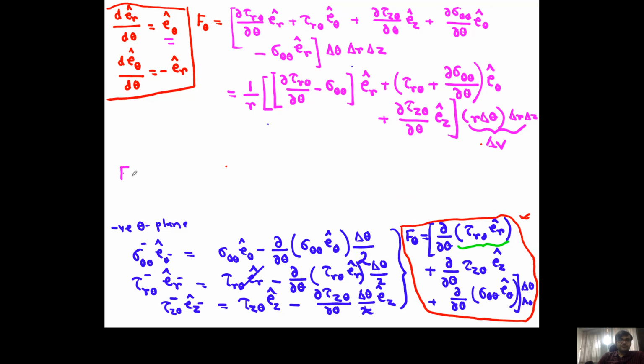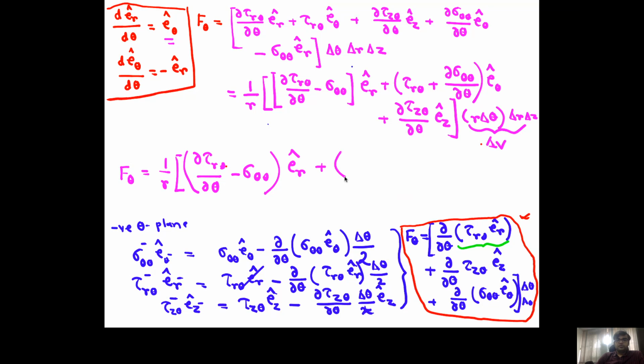So what is f theta? F theta is 1 by r outside, and then inside the bracket it is del tau r theta del theta minus sigma theta theta, and then you have the er